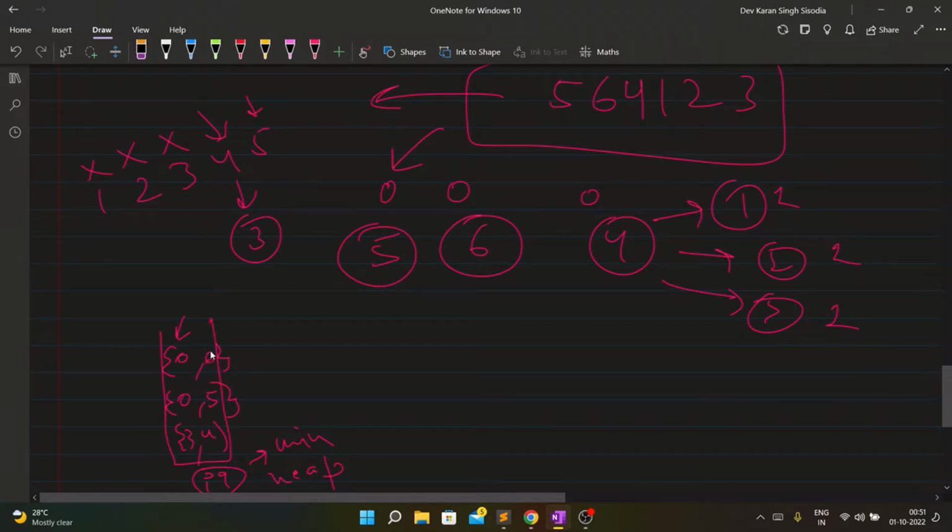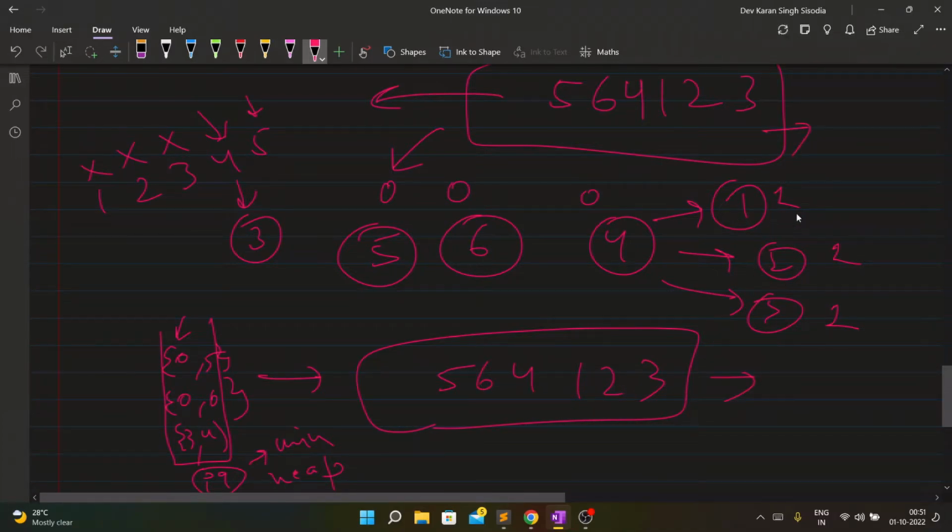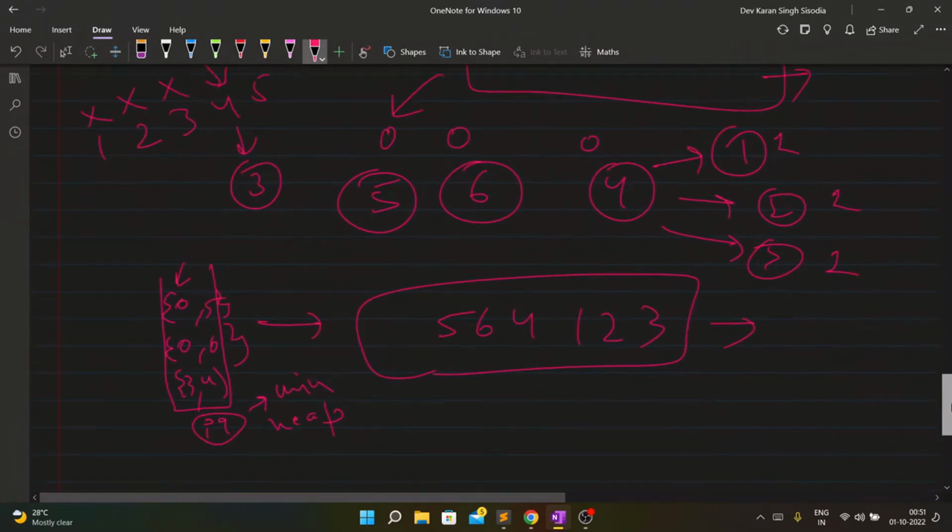And then my answer will be 6 5 4 1 2 3, and actually the order will not be this, the order will be this, I'm sorry. So the answer will be 5 6 4 1 2 3, which gives the correct answer we just saw over here. So that was everything about the problem.